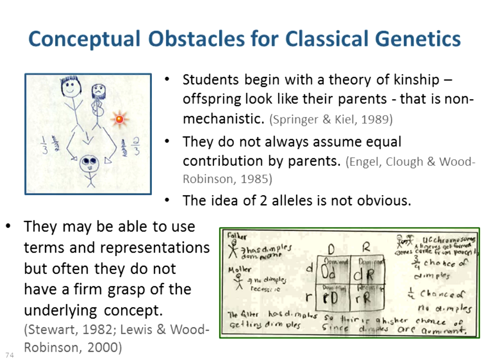And work by many folks, including Stewart and some British researchers, Lewis and Wood Robinson, has shown that students can oftentimes use these representations that we give them, like Punnett squares, without really understanding what they're doing. So this little diagram here shows that quite clearly. We have a Punnett square. We have some notion of dominant and recessive, but it's really odd, and I don't quite know how to make sense of what this student is doing, and it's not clear that the student fully understands what they're doing.